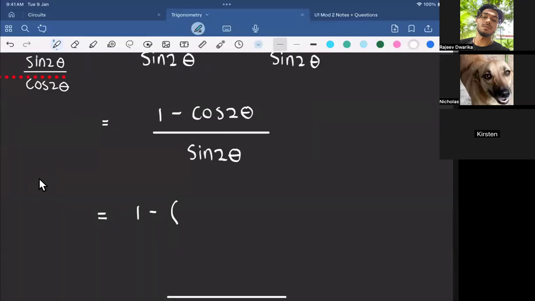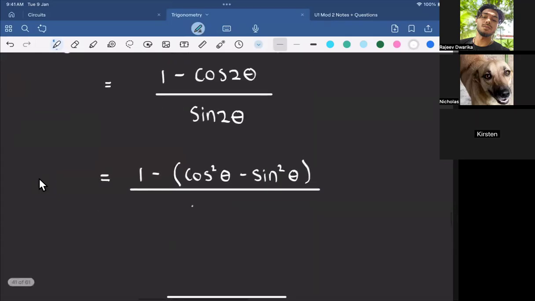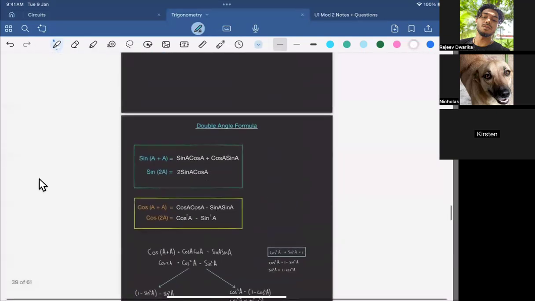Let me go in baby steps. Cos 2 theta, isn't that cos squared theta minus sine squared theta? Right. And what is sine 2 theta? Sin 2 theta is